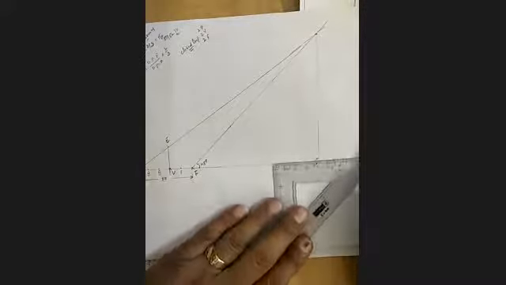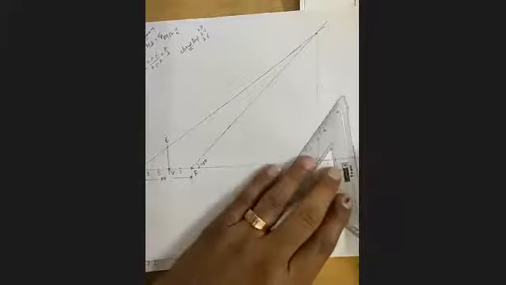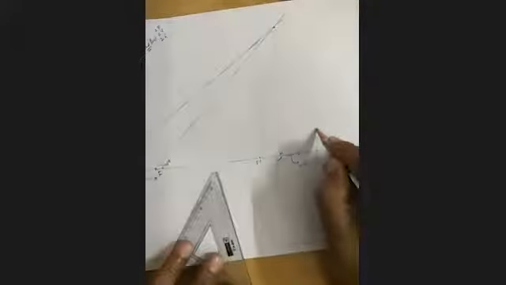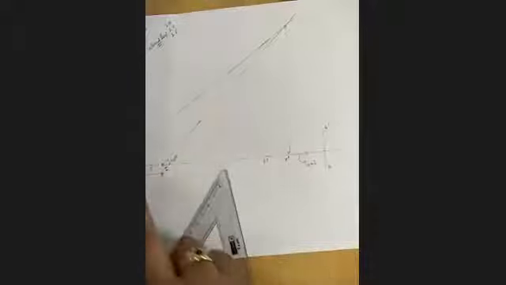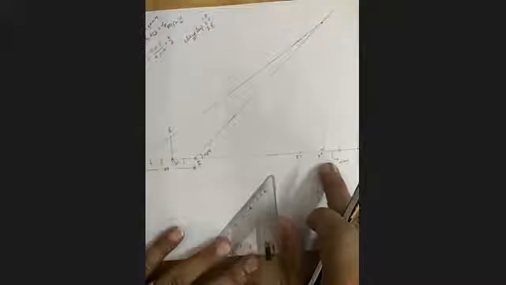So once you know the focus, measure 2 units. Define this as F dash. There are 2 foci, 2 vertices. From here, 3 units outside. Take 3 units. Draw one small line. This acts as the directrix, B dash. Means it is now 2 directrices, 2 vertices, 2 foci. Once you define this, now we know the nature of the curve. The nature of the curve always falls between the 2 vertices.